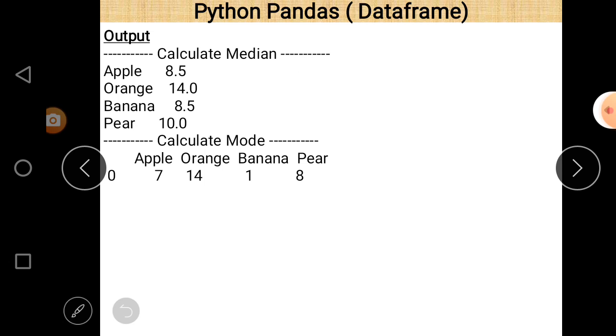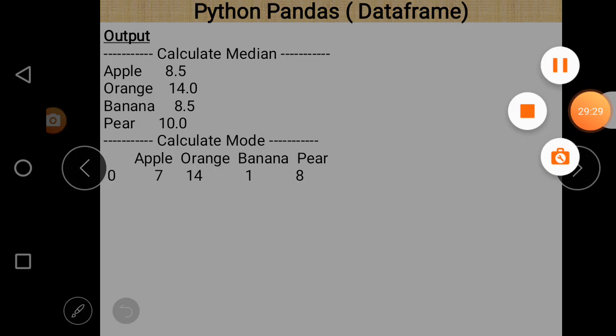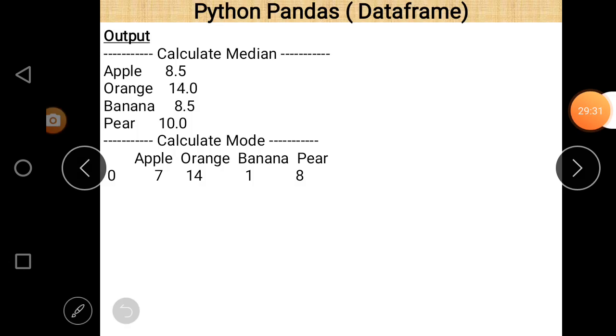And then calculate the mode. Mode is a number which appears more than one time, or the number with the largest number of appearances is called the mode. So the mode in the case of apple is 7, orange is 14, banana is 1, and pear is 8. So these are the modes belonging to the different columns.